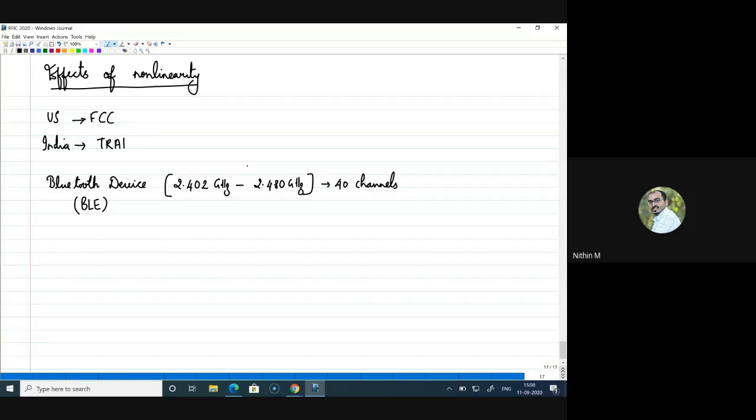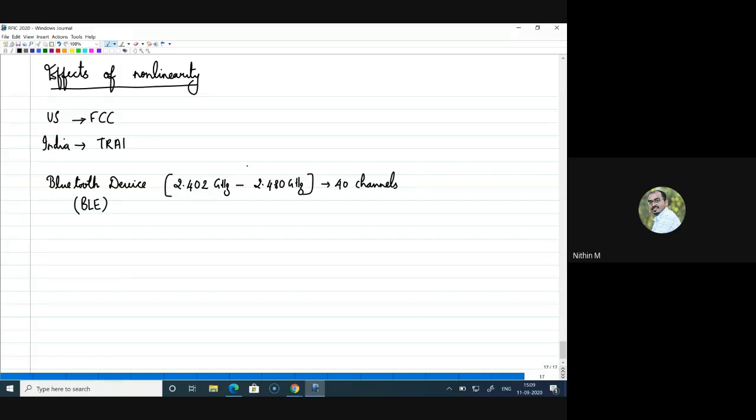Now these regulatory bodies usually test and ensure that none of the electronic gadgets utilizing any technology radiate electromagnetic waves excessively across frequencies other than the desired frequency. So for example, if I use a Bluetooth device, when we enable it, it should produce only electromagnetic waves that fall within this band, particularly within that channel.